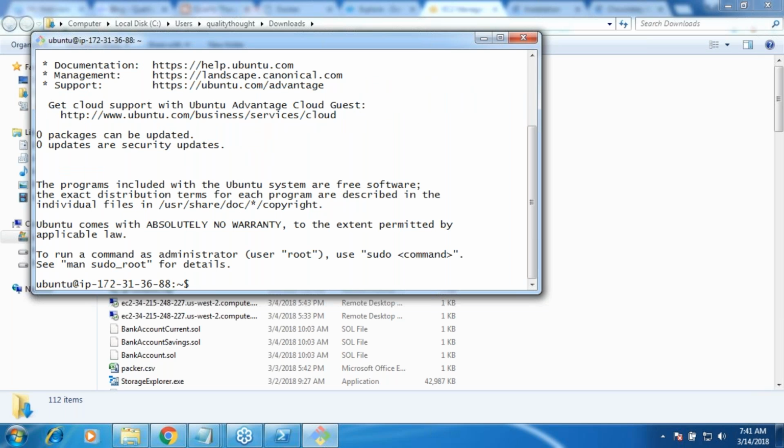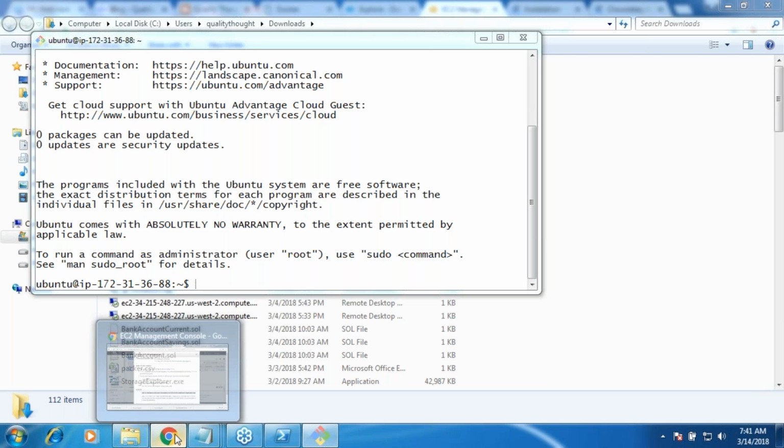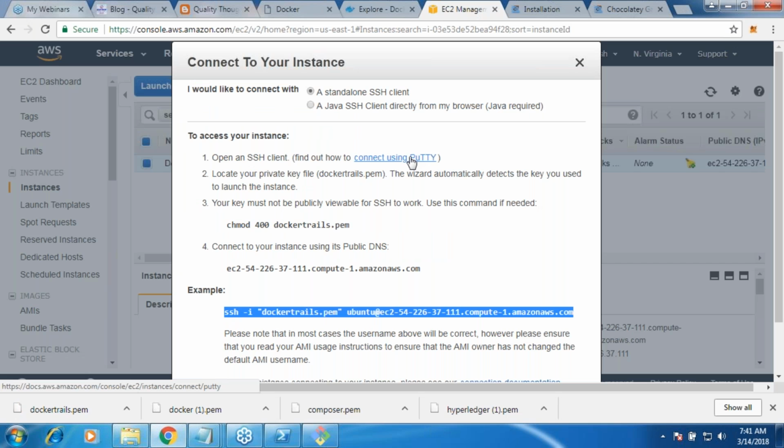This is a simple interface. When you compare to Putty, creating the keys and then storing the state, clicking on the UIs, I find this simple. But if you find Putty simple, and if you want to use AWS using Putty or using the instructions over here, connect using Putty, please click on this and he would tell you how to do that.